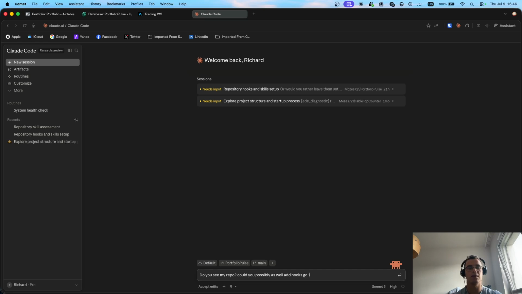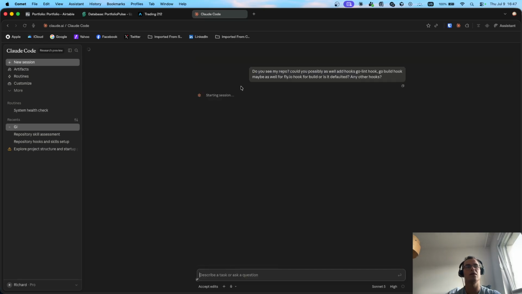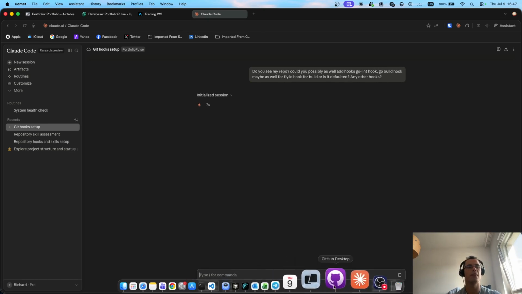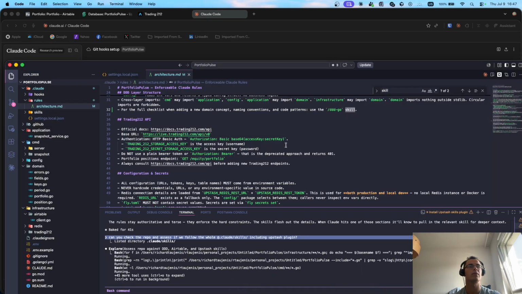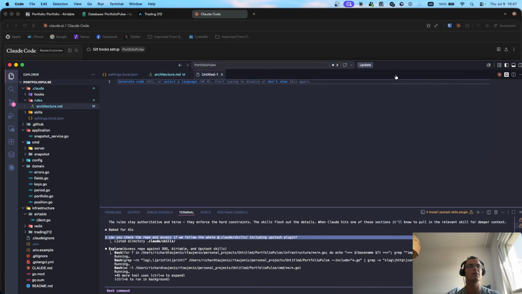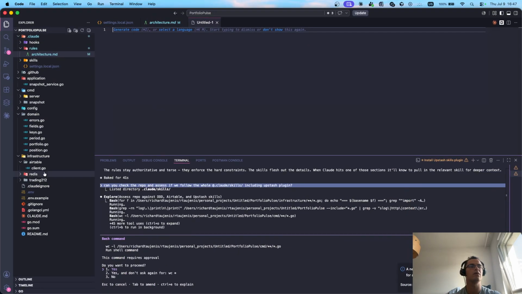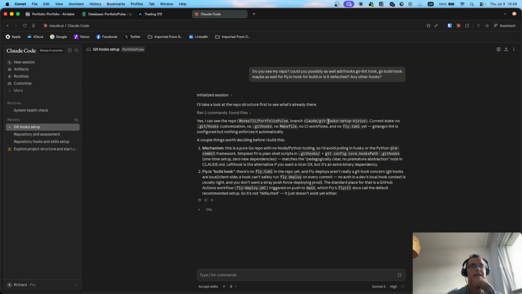Go lint hook. So hooks are, I think, self-explanatory. You can have a linter hook and build hook, and maybe as well on deploy hook. I think mainly it's really useful when it comes to cases like that, for Go linters and so forth. Yes, you can see git